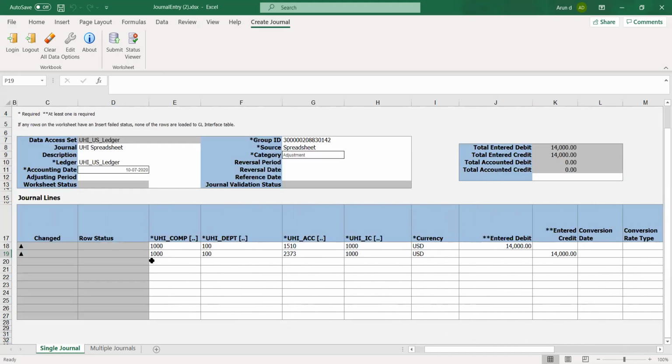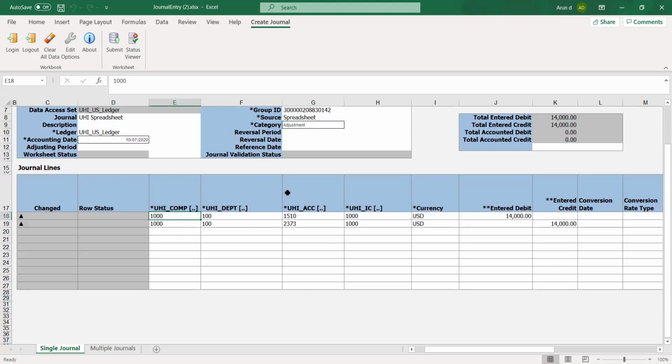Yeah. So these are the mandatory fields that we need to fill in. Basically, I have given a name for the journal. Even though this is not a mandatory one, I gave it for our reference. And I selected the ledger and I selected the accounting date when I wanted this particular journal entry. And the system will generate group ID for each journal. And the source we have selected, or we can select, is only the spreadsheet. If you see here from list of value, you'll get only spreadsheet. It is because we are using AFBDA. And category I have selected as adjustment.